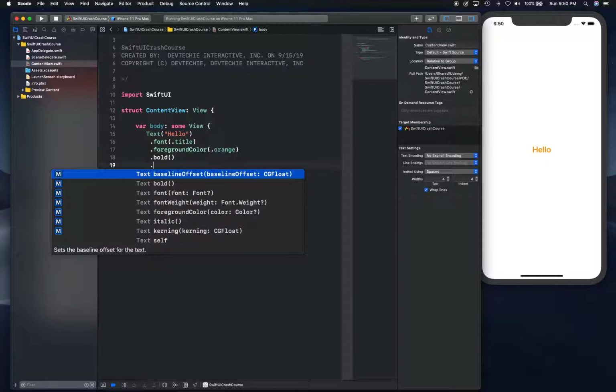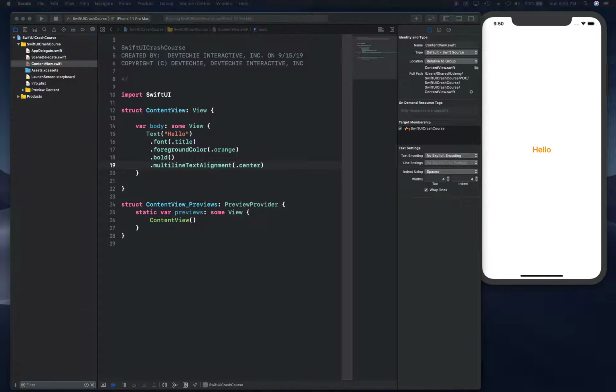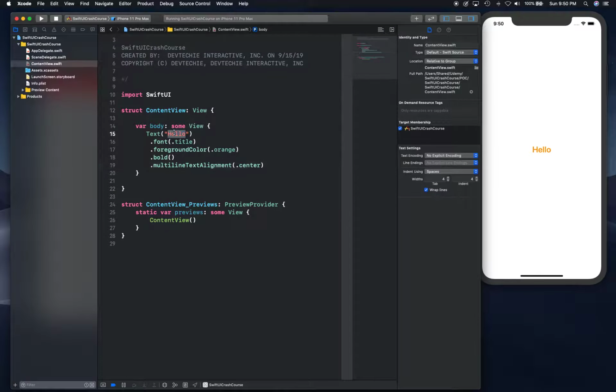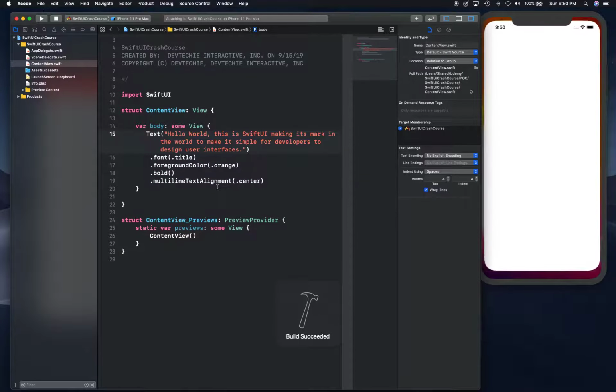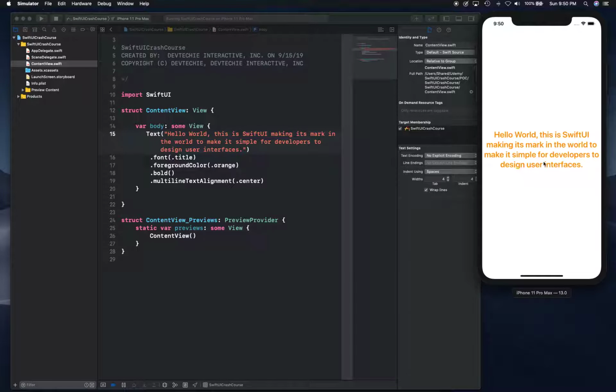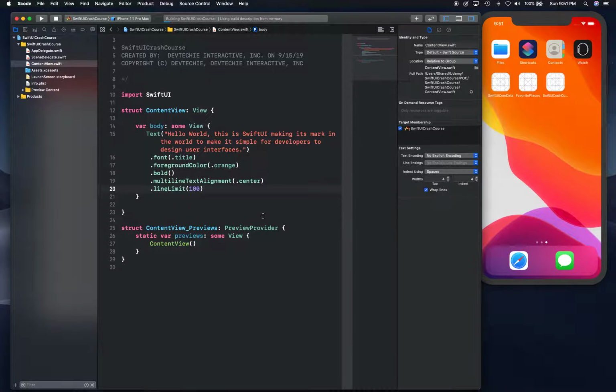We can add a multi-line alignment. There are a lot of properties actually to explore, but I'm going to go through as much as I can. This is only going to be in effect when you have large text. So I'm going to simply paste this large text, and let's take a look at what we have. As you can see, we have centered the lines. Now there is another property called line limit, and let's say we give it 100,